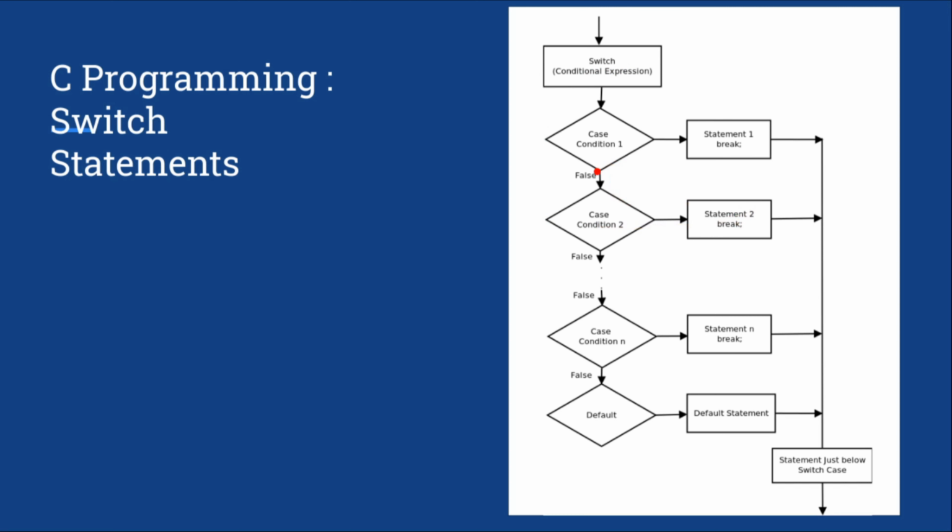There is some problem in the diagram. It basically does not check in sequence. It will just go to that label. It executes that statement and goes out, and next we have one default statement, like else. If the label does not match any case, then it will execute that.